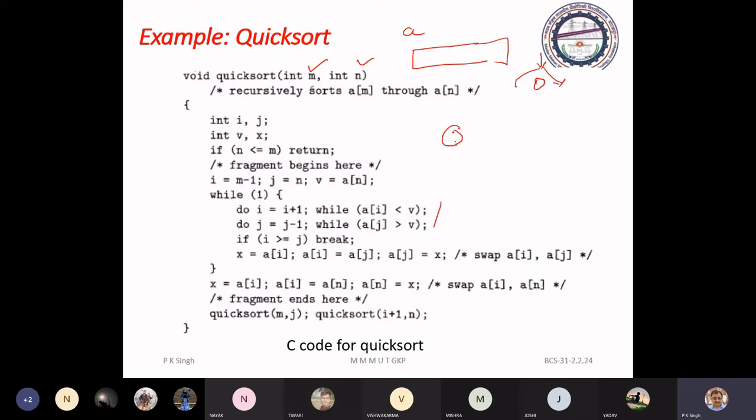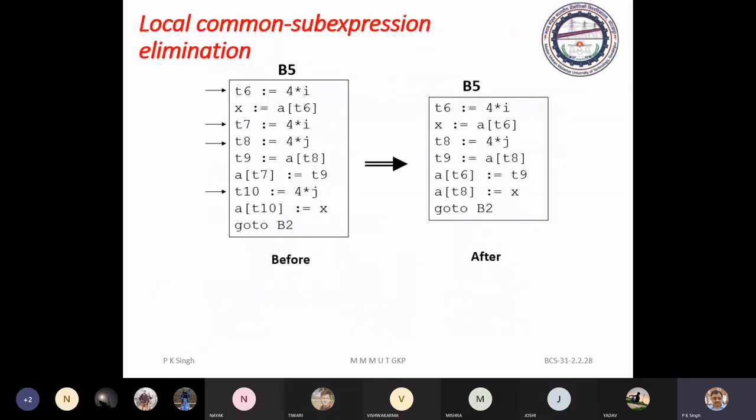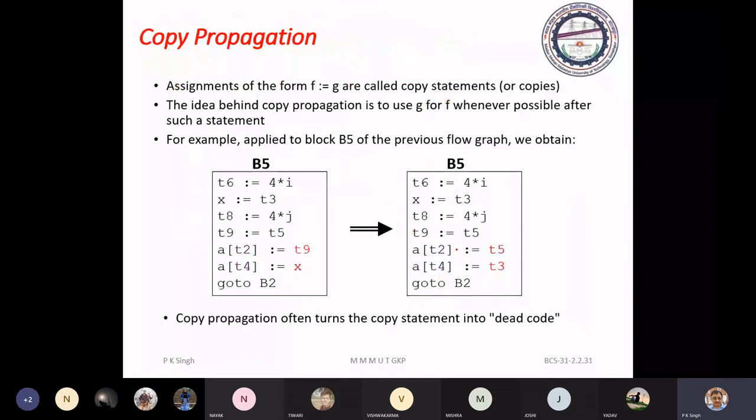If it is less than the pivot, it will leave it. But if it is more than the pivot, then it will put it at the tail of the list, and the statement at the tail of the list is swapped back to that position. It will just swap the positions of the elements, then reduce the length of the list by 1 and apply the same technique. This is the way we are going for quick sort in this program.